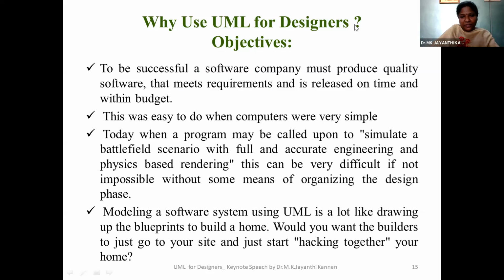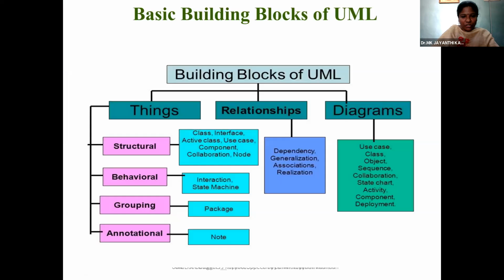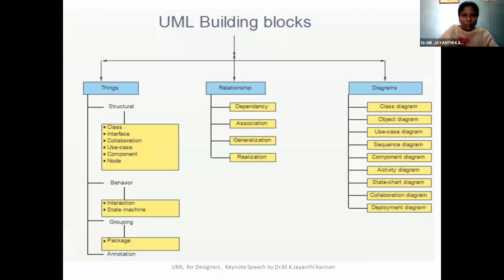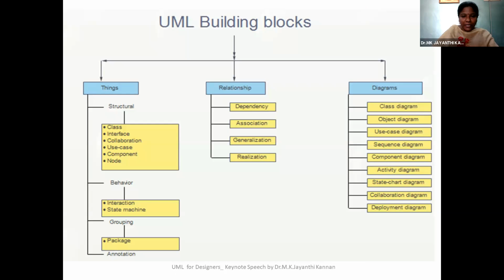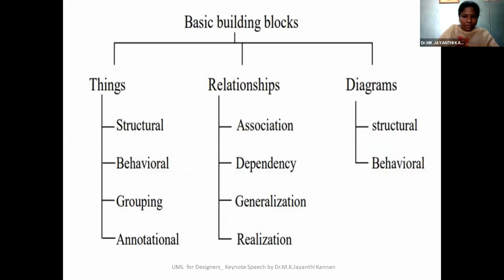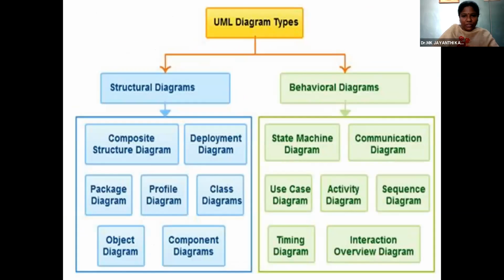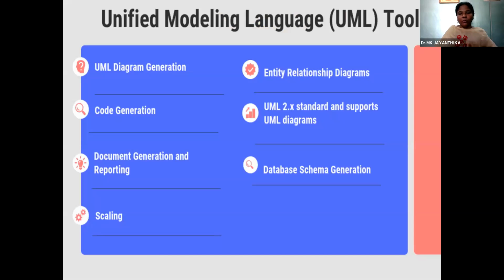It's very simple. It's a design tool we can create based on our project, because nowadays whatever project we are creating, we are using object oriented languages only, like C++, Java, and Python. So if it is an object oriented language, we should go for UML representation only. If you use a standard UML representation, we can create even code also, we can create reports also, and we can generate schema and tables, everything we can create. Those options are available in Rational Rose UML.